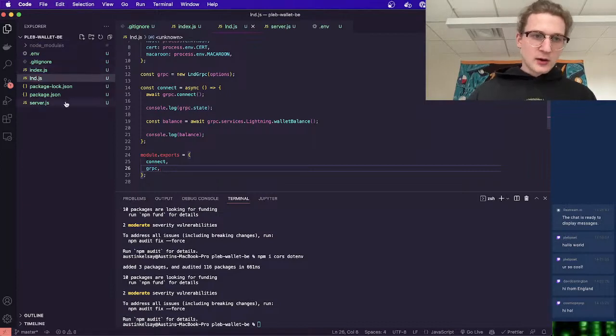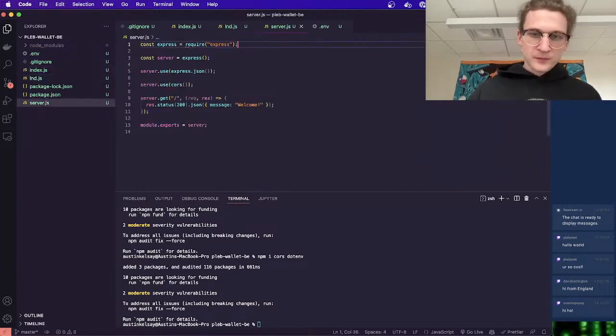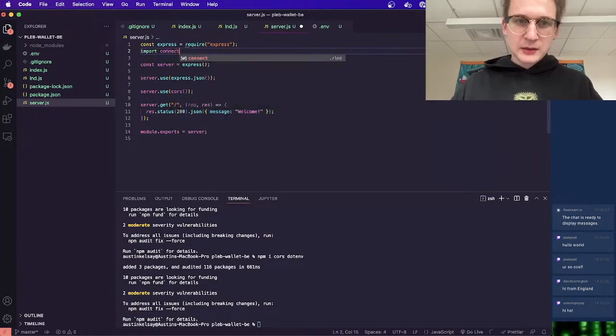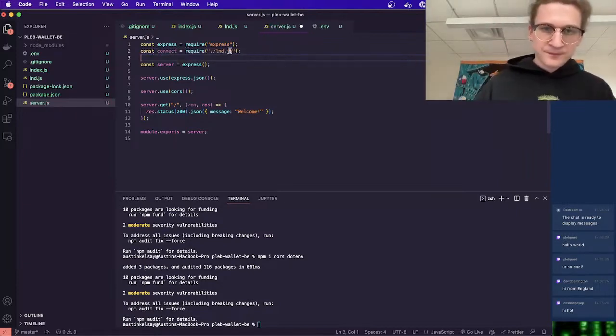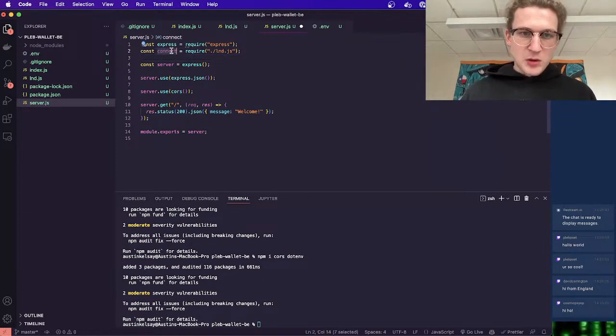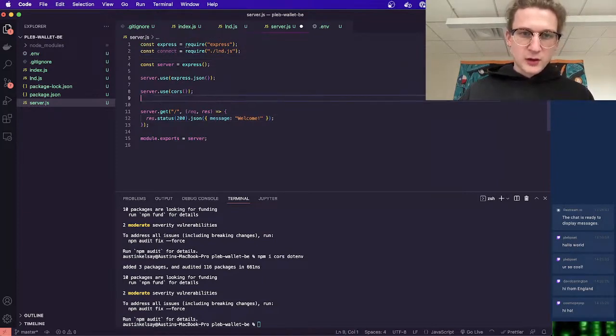And so now, inside of server, we can import connect. Oops, I did a React import. Const connect equals require. So pulling in this module,